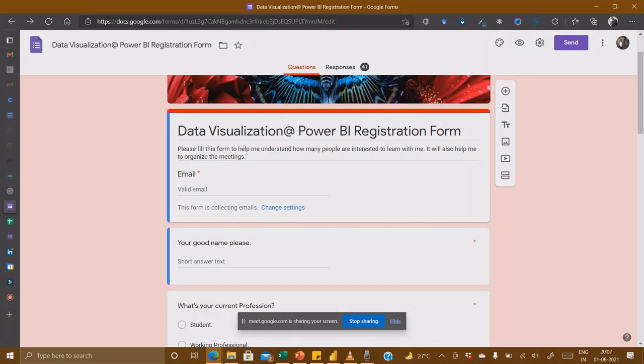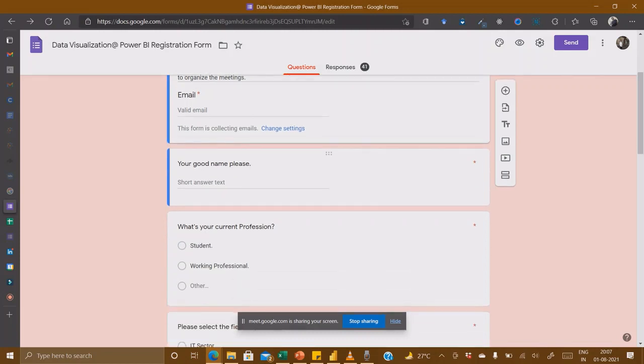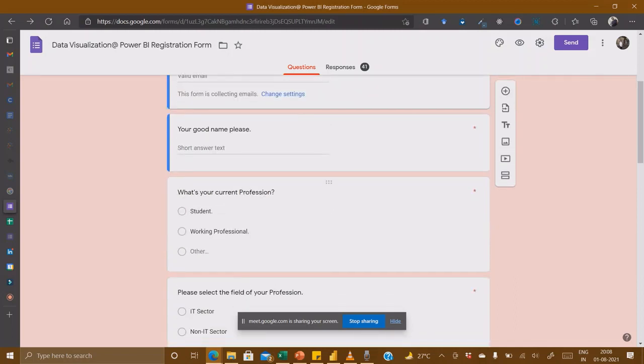Say an HR is trying to recruit some new employees. He or she wants to recruit new employees, but how to find out, since a bulk of CVs and all is coming, right? What a company usually does is create a portal where the candidate can log in and create his or her own profile. The candidate will have options like what is your skill set and how comfortable are you. So it will be similar to this.